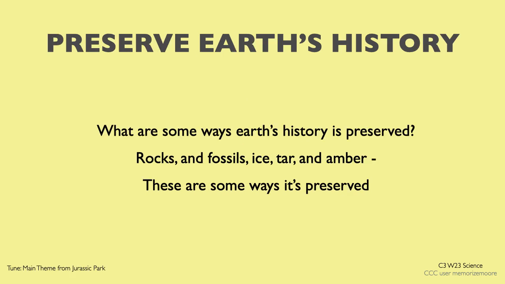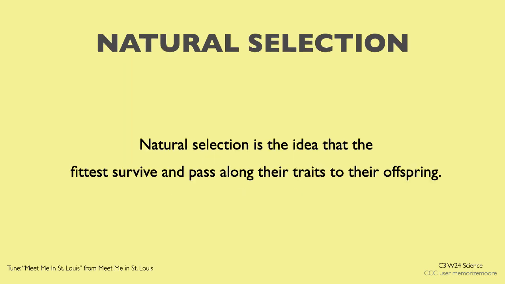What are some ways Earth's history is preserved? Rocks and fossil ice, tar and amber, these are some ways it's preserved. Natural selection is the idea that the fittest survive and pass along their traits to their